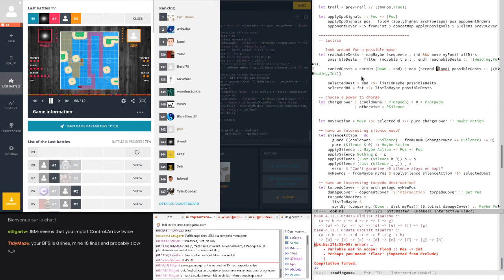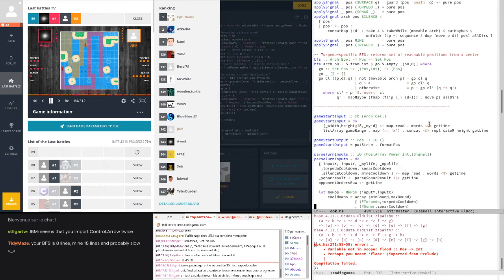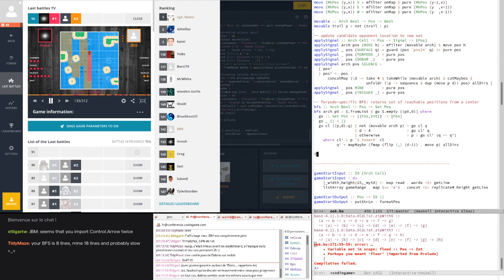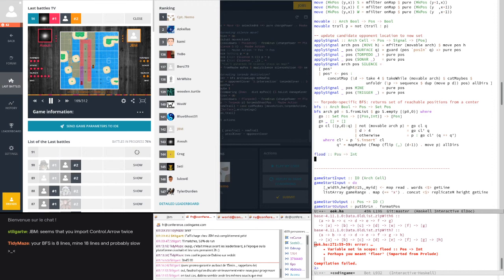And I still need to define this flood function. Let's not push it back too much. I'm going to put it next to the BFS here. So flood, position to integer. I'm going to need an archipelago of places I'm not allowed to go anymore. That's kind of the whole point. I'm going to have to add it. I forgot how I called this thing. Trail, yeah. So flood trail first position